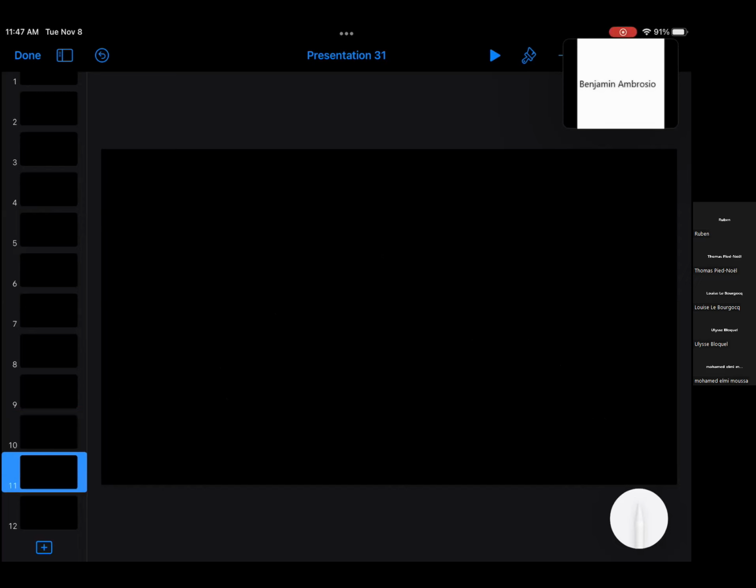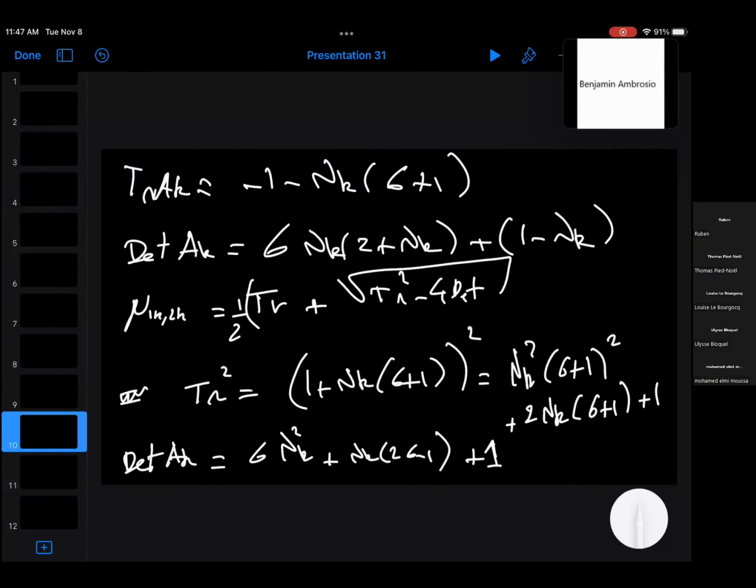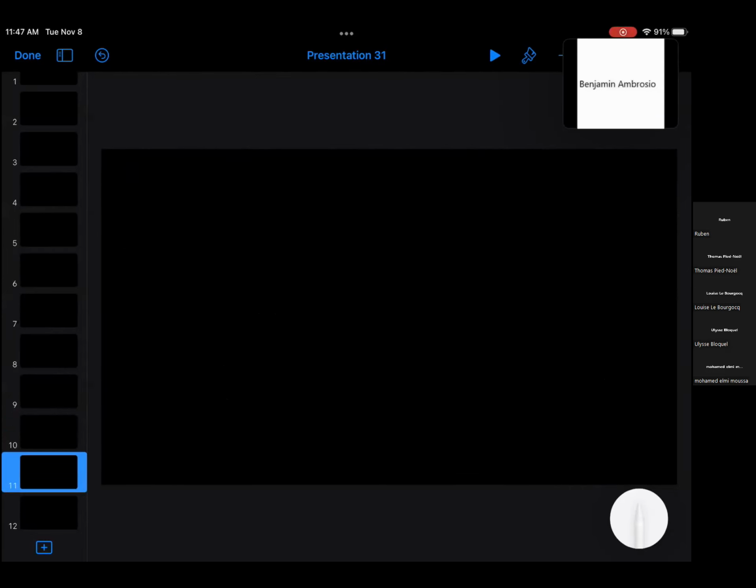I need to write this down in such a way that I want to prove that there exists, so assume sigma greater than sigma 1. Then